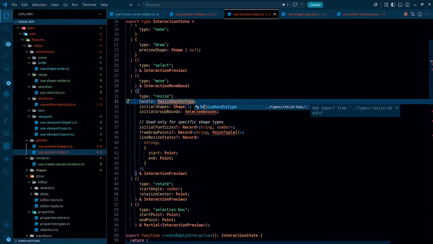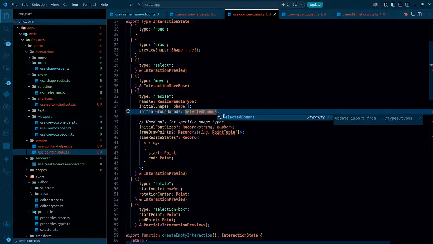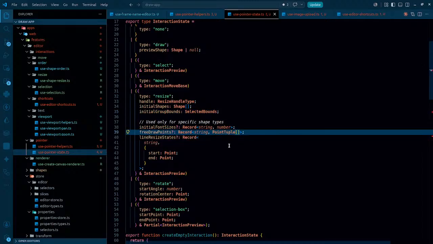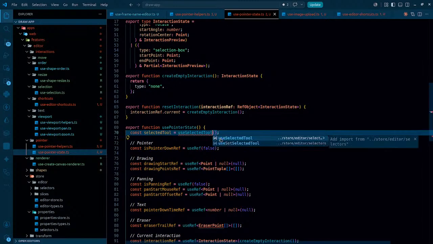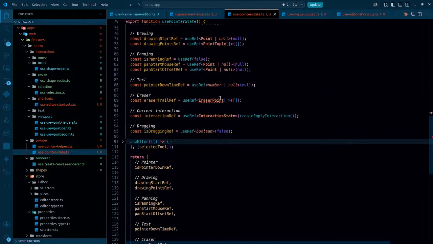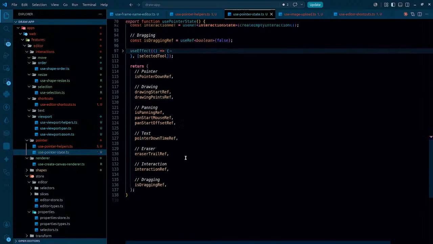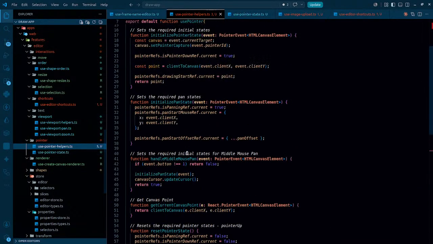Interesting. Let me see. First of all, let's structure everything, and in future we are gonna be even refactoring it further. But as of